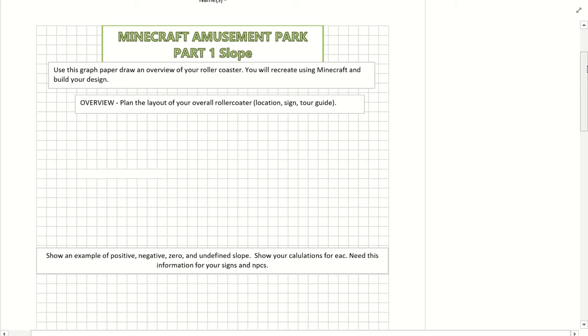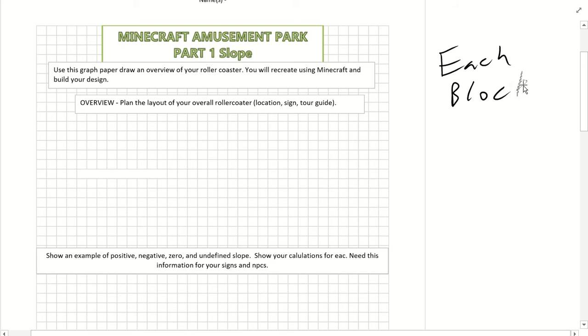Now, even though when you go in and build your roller coaster, you can always go in and change it and add to it, you have to make sure, and I want to make sure, that you at least have all 4 types of slope in here. So I'm just going to use the draw tool here, and remember that each block, this is really important, each block